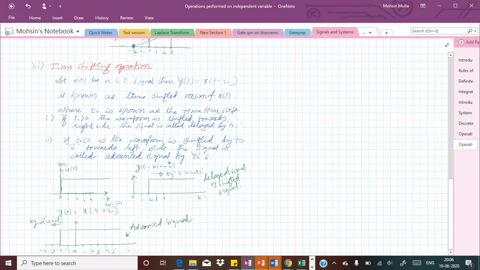In case of time shifting operation, the signal can be delayed or advanced. So anything can be delayed and anything can be advanced as per our requirement. Some parts we want to skip, so in that case we have to advance. Some extra time we want to give in the existing video signal, so in that case we have to delay the existing video signal.